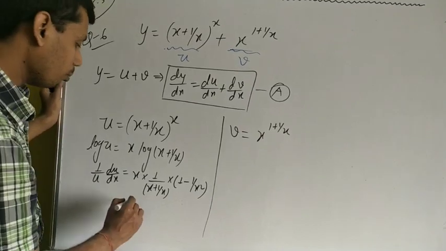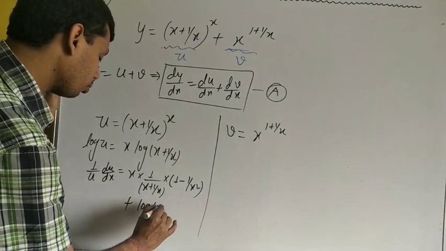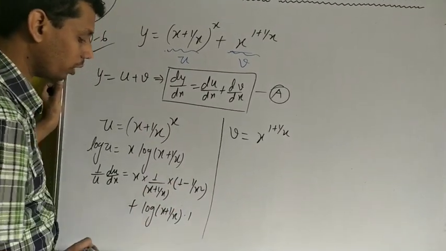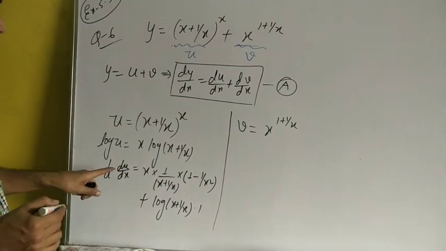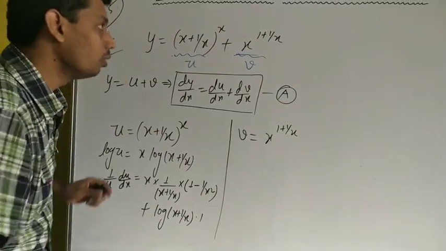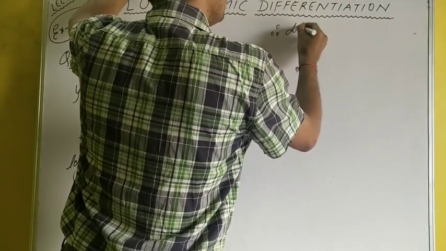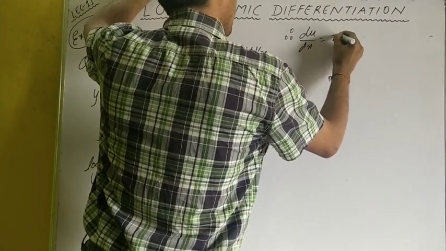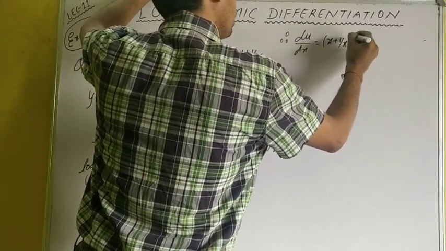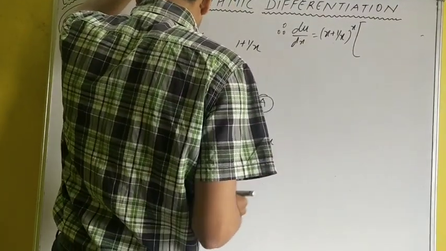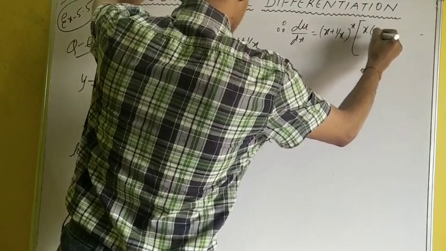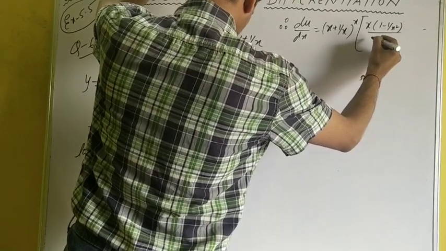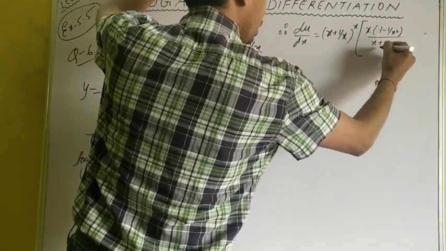Now plus log (x plus 1 by x), this is constant, and differentiation of x will be equal to 1. Therefore du by dx is equal to u, that is (x plus 1 by x) whole to the power x, into x times (1 minus 1 by x square) upon (x plus 1 by x)